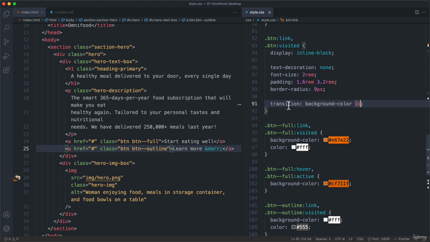Okay? So here I just wanted to introduce you to this brand new CSS property, so at least brand new for you, because it's been around for some years. But for you, it is a new property, and it is actually a really exciting one, because it allows us to do animations in a